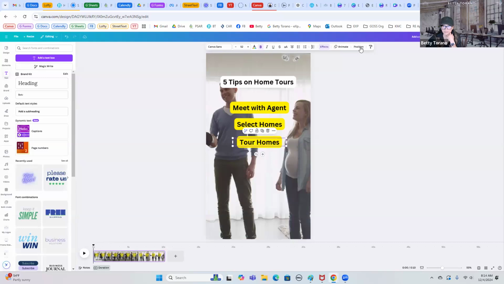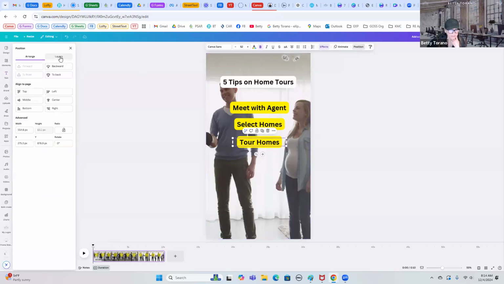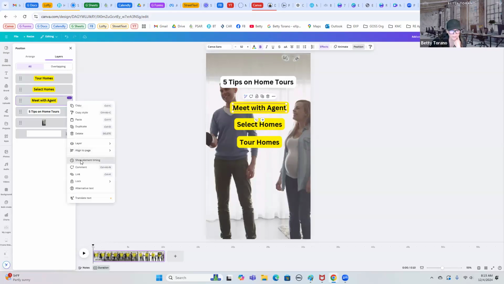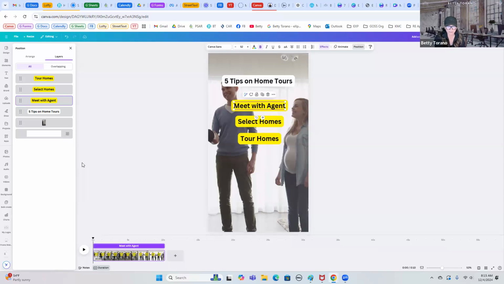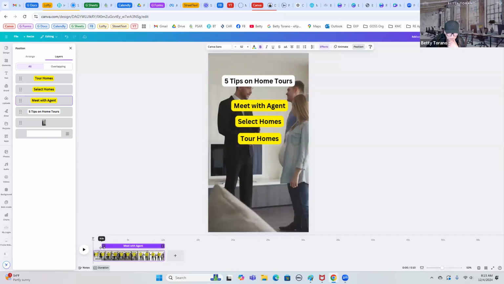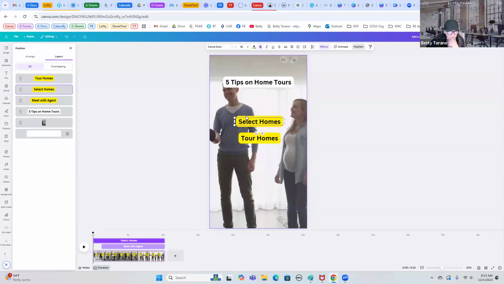So we go to the position. We go to layers, okay? And then here, the first item is meet with agent. So here we go, show element timing. Everything defaults to the start. So we take that. We want to keep this when it starts, but we want it to have a blank list. So I'm going to move this down, and then click on the second one,